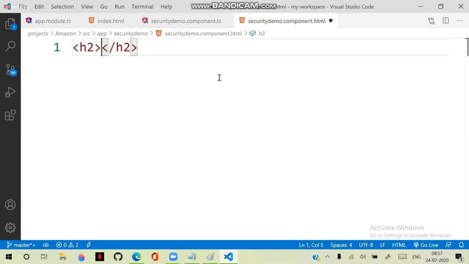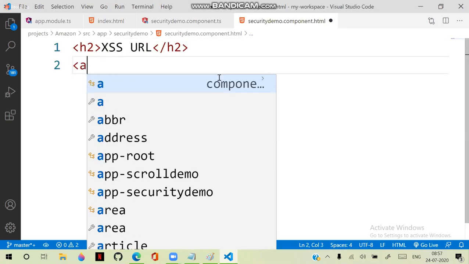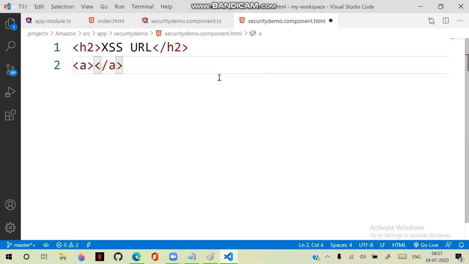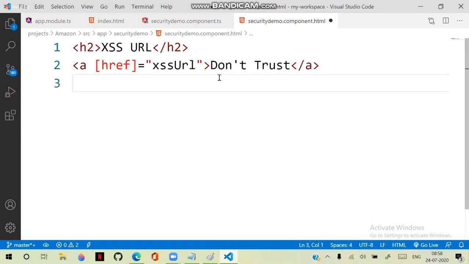This is an XSS URL. I am configuring a link, and in the link href property I am using that XSS URL. Here I am saying, don't trust.